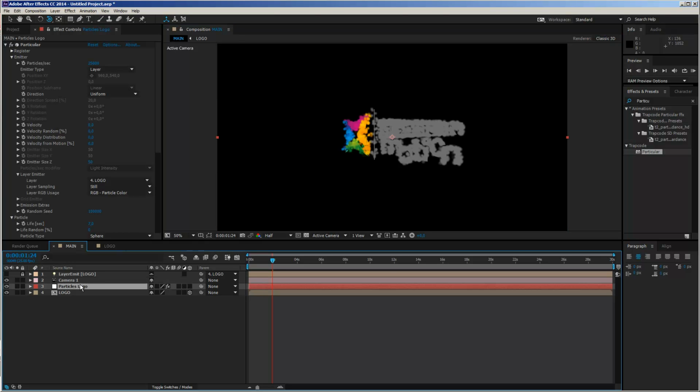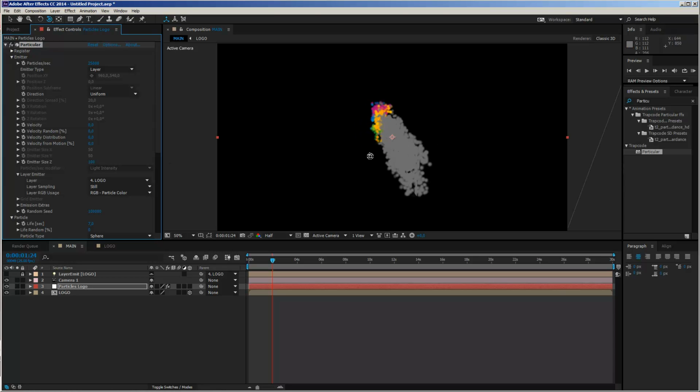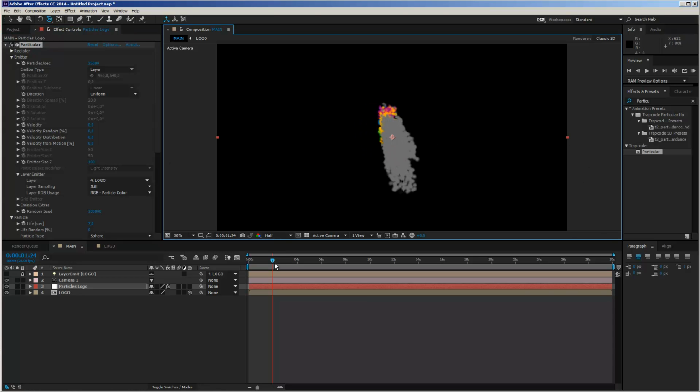So now let's move back to our logo particle settings. And I want to increase this depth even more. So let's change the emitter size on the Z axis from 50 to 100 pixels. And let's take a look. And you see that this looks pretty good. And now if I take a look, it's not really dense.